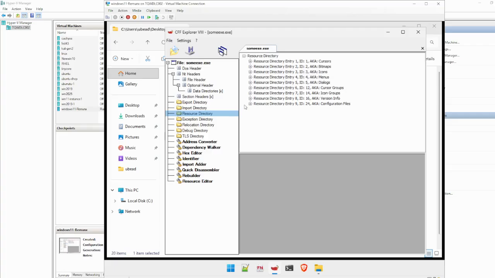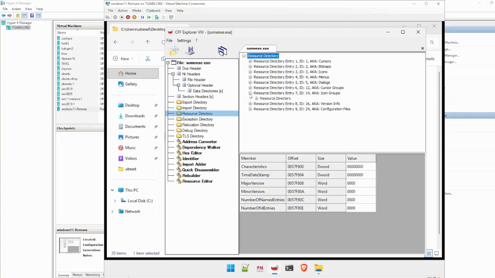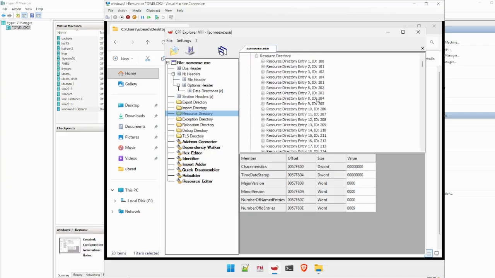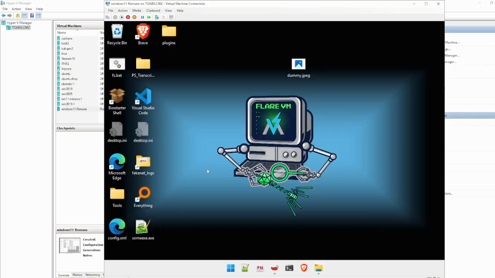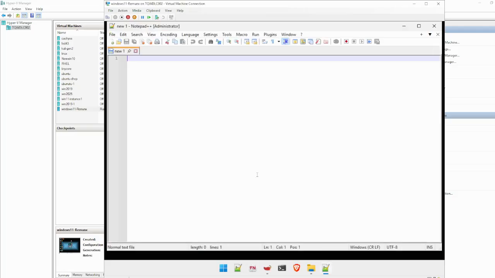Okay. So now you have icon groups also. This is where you are getting all the icons. Let me open this file. Okay, this is the Notepad++ file. So you see all these icons, okay.